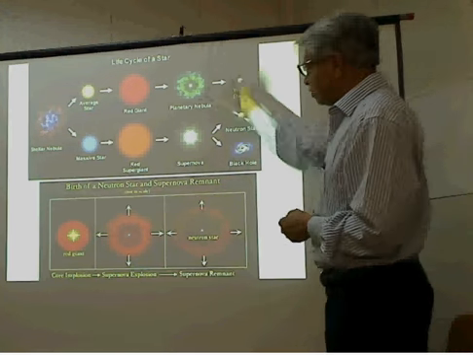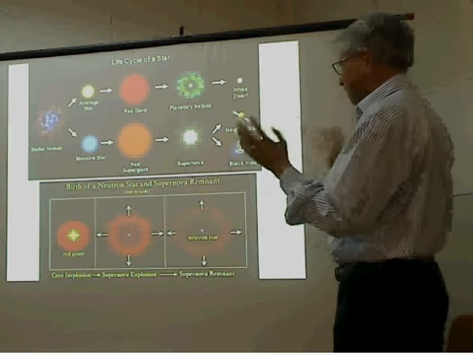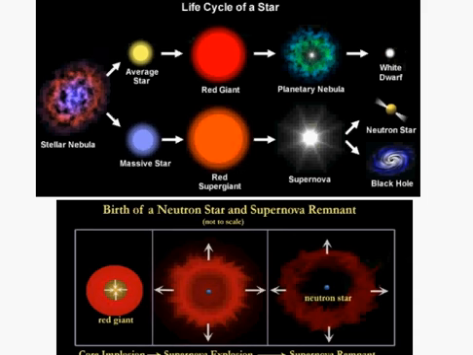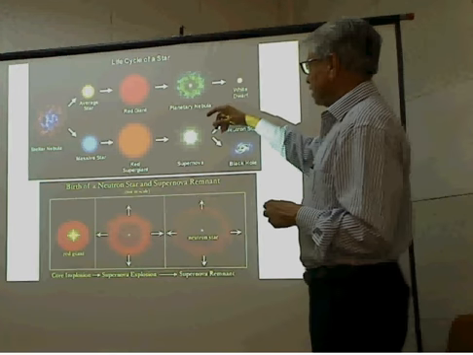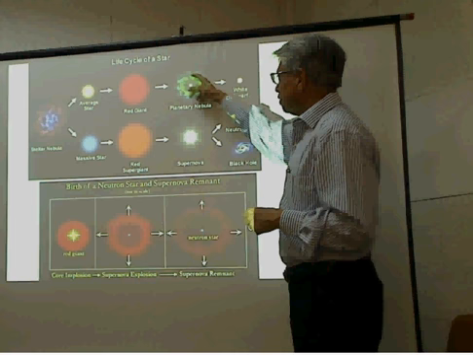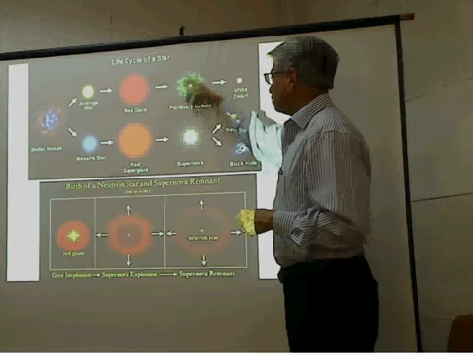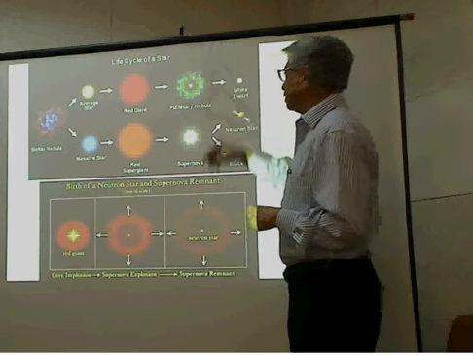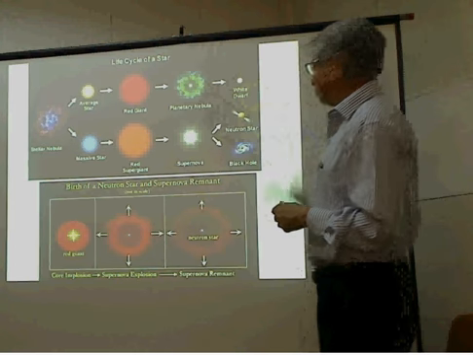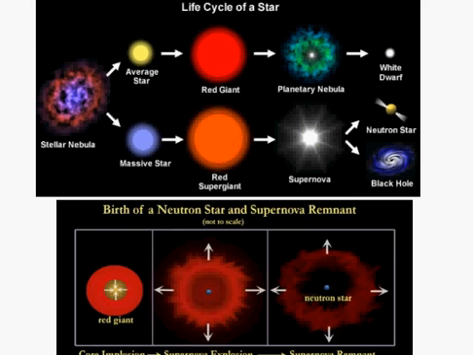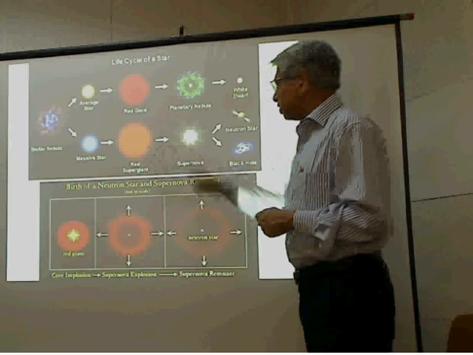And then as the red giant evolves, it sheds the gas and then it turns into what is known as a planetary nebula. The core of the star becomes a white dwarf, and the outer layers glow as a kind of nebula which is known as a planetary nebula, and at the center you have a white dwarf. But if the star is massive, its mass is more than 8 times the mass of